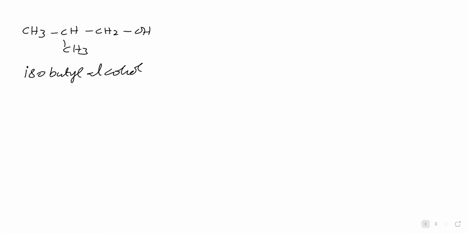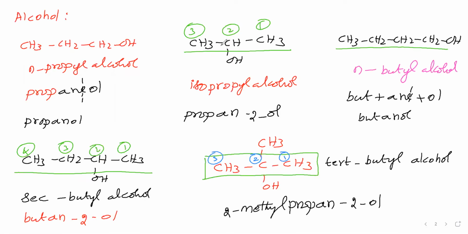For isopropyl, it is not like that. For isopropyl, the second carbon has 2 methyl groups, but the OH group is present at the second carbon, not at the first carbon. The OH group is present at the secondary carbon only. So can we say secondary propyl alcohol? Yes, we can say that, and we can even say isopropyl alcohol. Out of these two, the word isopropyl alcohol is the one that is used. So, next.